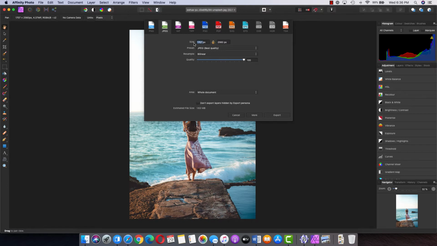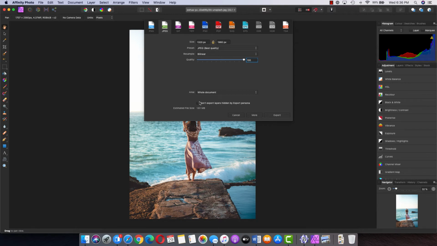So if I don't want 1707 pixels, because that's usually a bigger size and I would like it a little smaller, I can change the pixel size right here, say 1980, and as soon as I change the size, I see that the other size is automatically changed accordingly, and this lock sign actually does that. That locks the aspect ratio. So whatever pixel value you put in one place, the other will automatically change according to that.